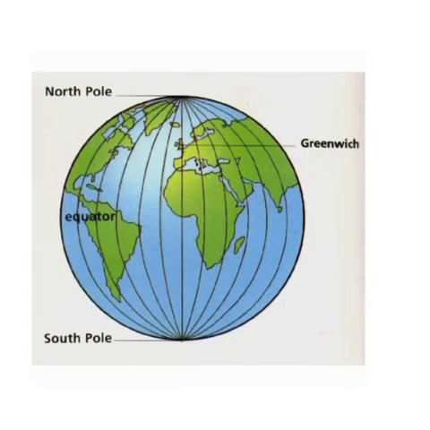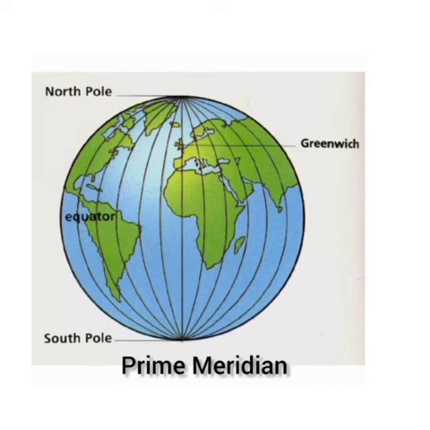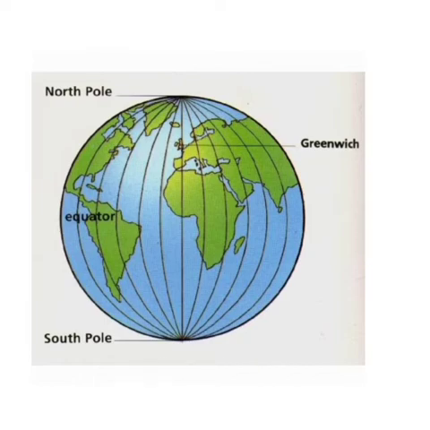Next is the prime meridian. So you can see here the prime meridian. It is an imaginary line from the North Pole to the South Pole that divides a globe into eastern and western hemisphere. The longitude that passes through the observatory at Greenwich near London is the prime meridian, main meridian, and is marked as 0 degree. From this meridian, it is convenient to calculate time all around the world.